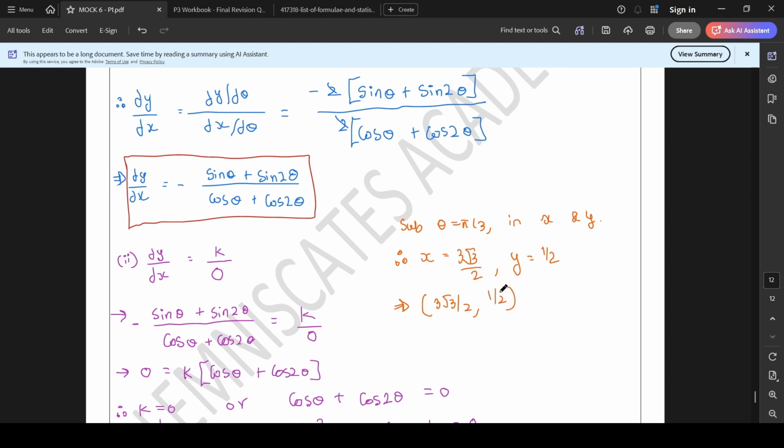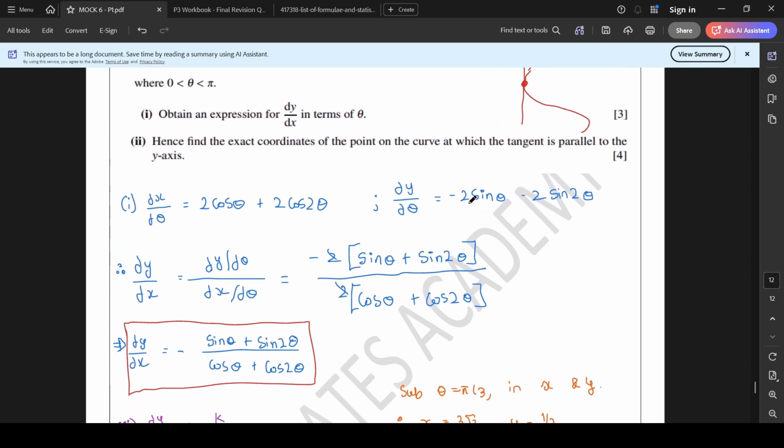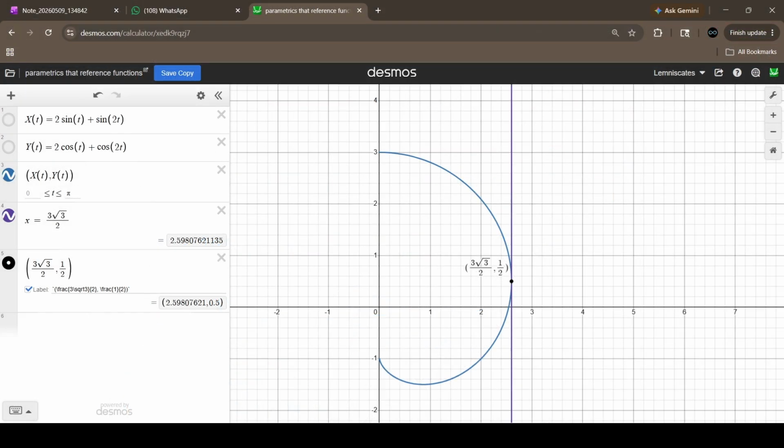I can also show this to you on Desmos so that just in case you want to look into how it visually looks like, you just have a sense of understanding. So as you can see, I have first of all plotted the x of t and y of t. Over here consider t as theta. So these are the parametric equations given to us in the question, where for theta in between 0 to pi, if I convert them into a Cartesian format, that is if I have to plot x versus y,